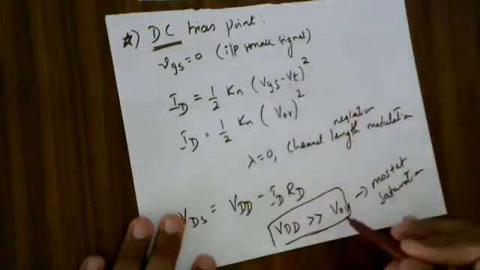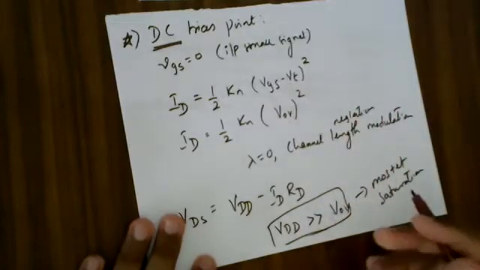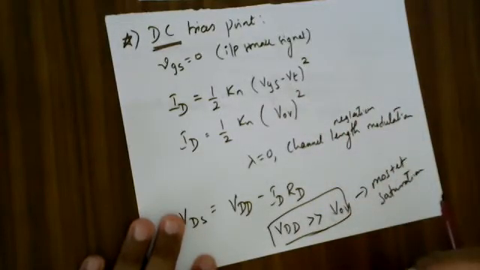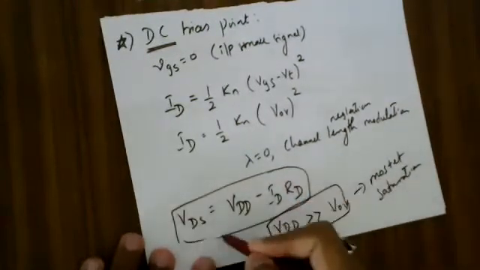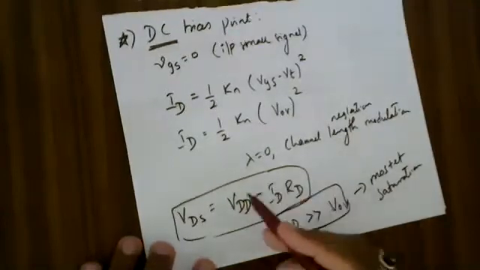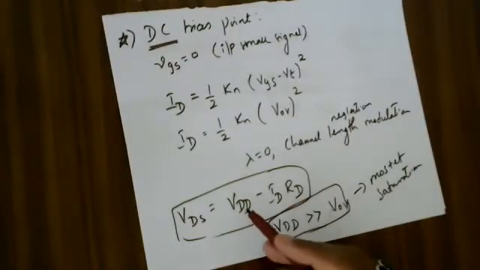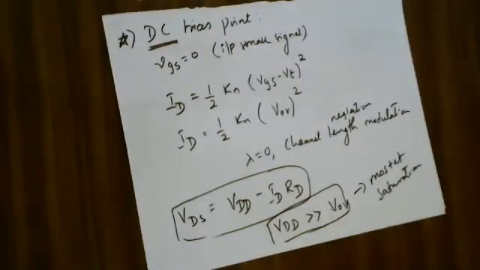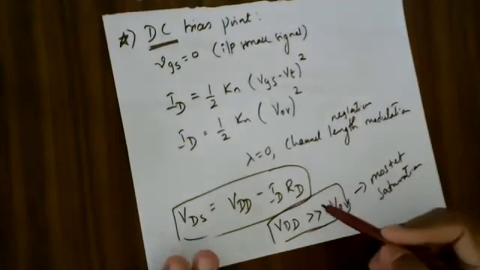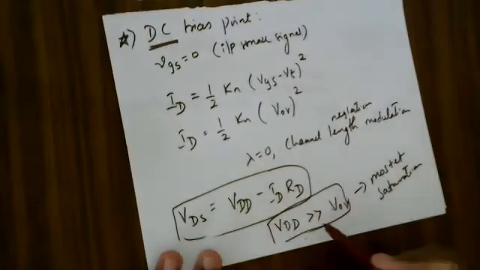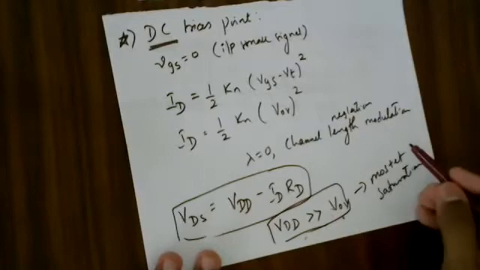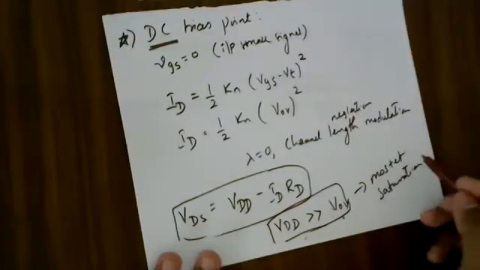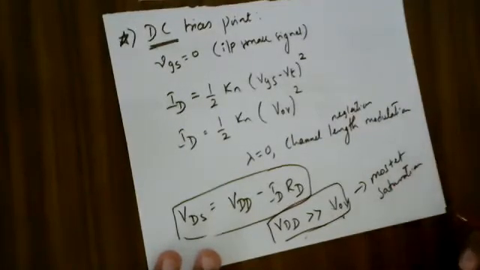So it has to be greater than that of your VGS minus VT. Okay, so this is what you have to analyze in case of your DC analysis. This is what gives you your output voltage, which is nothing but your VDD minus ID RD. Now, when you expect that your VDD is much greater than VOV, you are by default making sure that your MOSFET is operating in the saturation region.